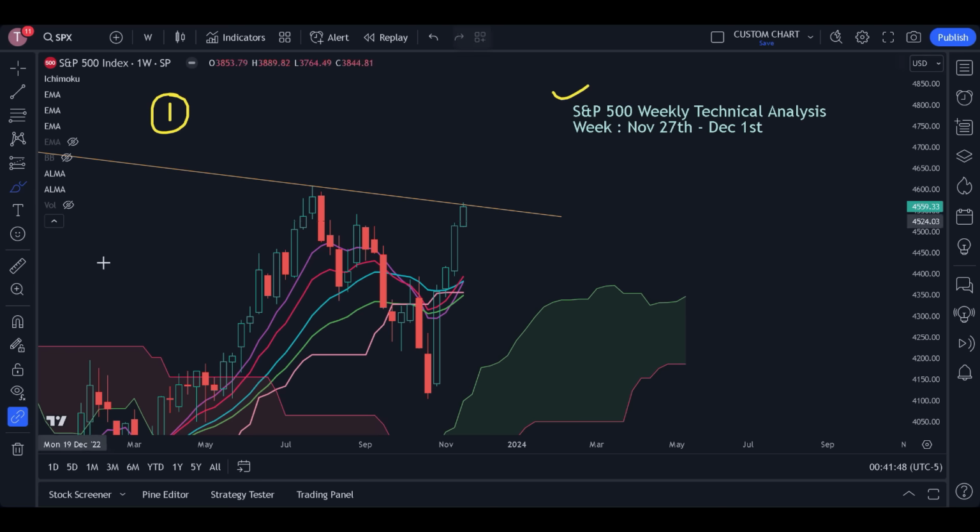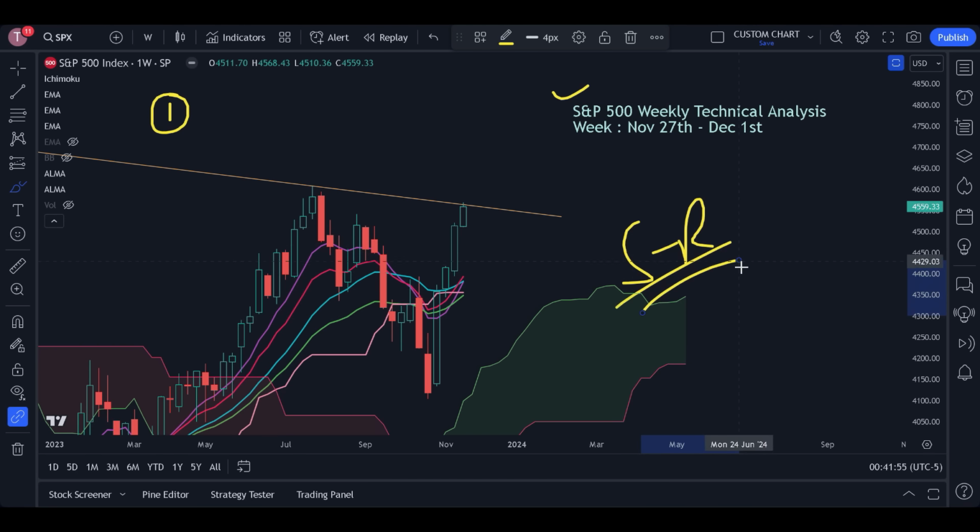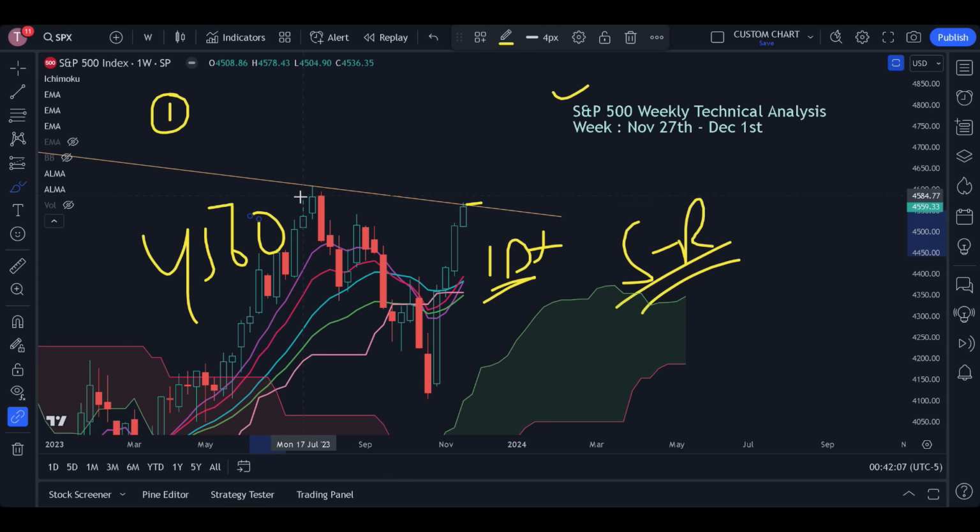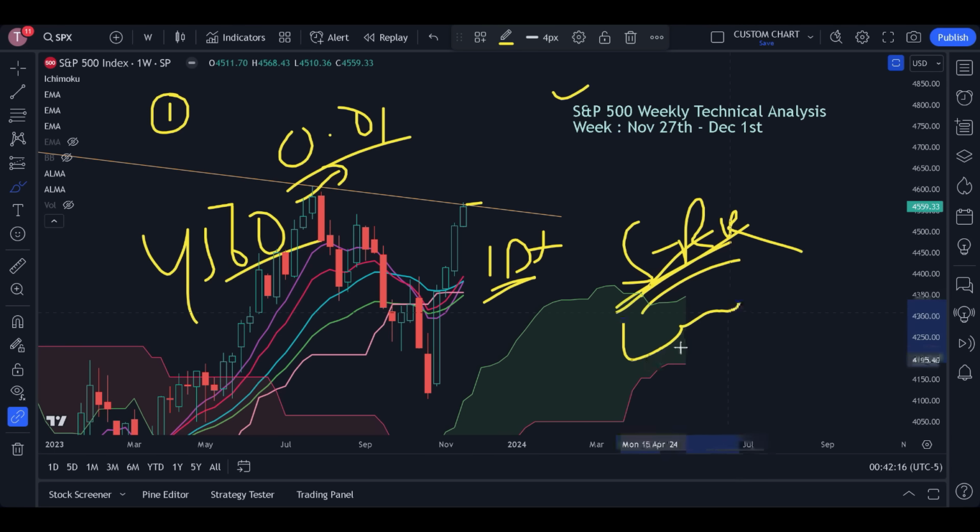able to confirm only on Monday, once the stock market opens, once the S&P 500 opens, because as of now the stochastic RSI is in a condition that if there comes even 1 point upward movement, means S&P 500 closed at 4560, if there comes anything above 4560 even by 0.01, then I strongly suspect that the stochastic RSI will hit the absolute saturation on the weekly chart. It is already saturated on the daily chart.